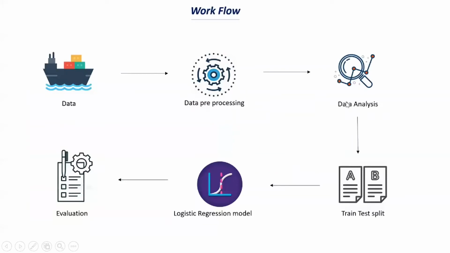We need this Titanic dataset, which contains all the passenger details of those who traveled on that ship. Once we have the data, we need to process it, because we cannot feed the raw data to our machine learning model. This dataset contains some missing values, so we will also discuss how we can handle them. After that, we will do some data analysis, in which we will try to visualize the data.